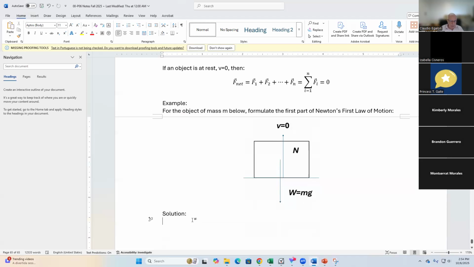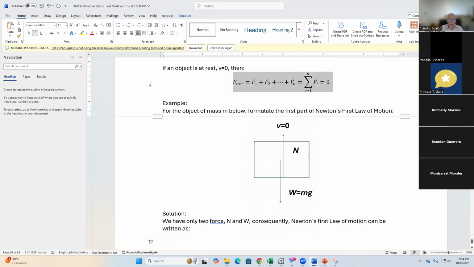We have only two forces, normal and weight. Consequently, Newton's first law of motion can be written as,